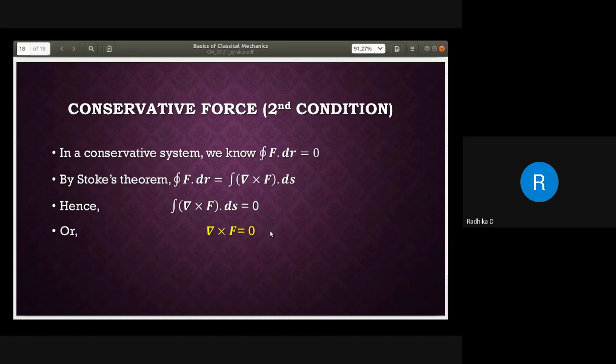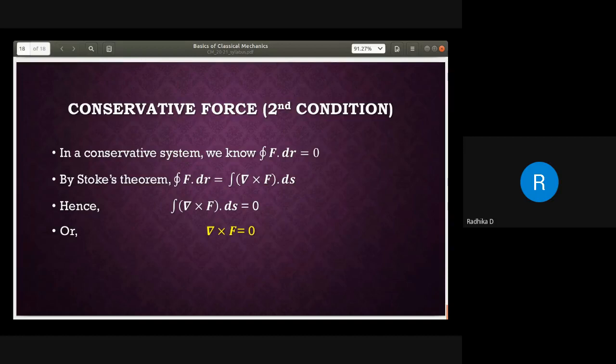If I take the curl with the determinant, I will get 0. And one more thing you just learned before: the force is the negative gradient of potential energy. This is applicable only for conservative force. We are not going in depth about non-conservative force.